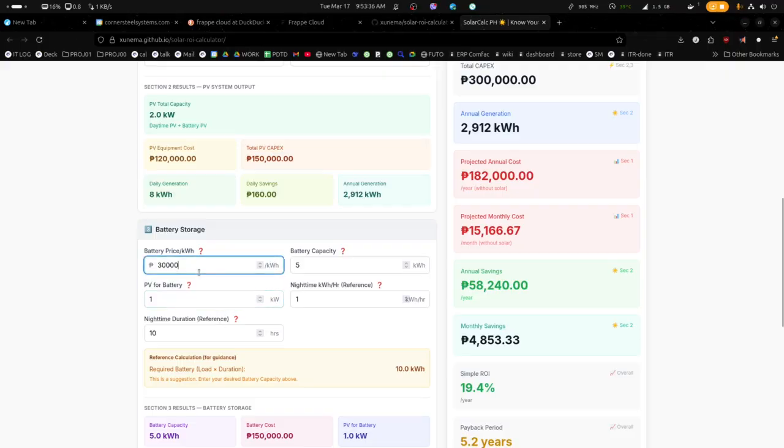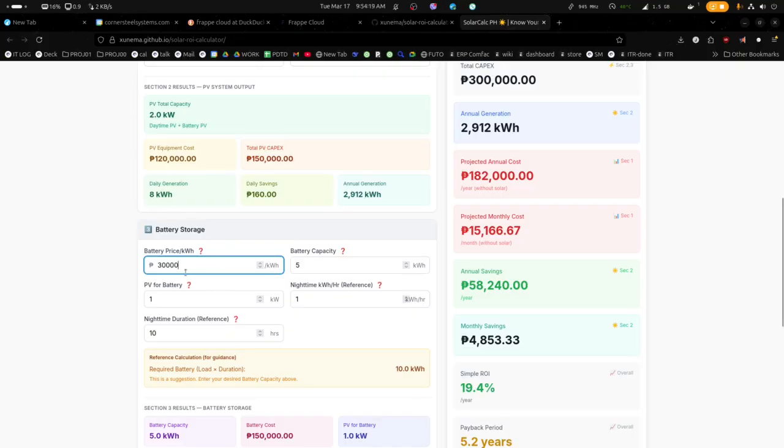Again, the battery price, how much you're paying per battery. If you source it yourself in Lazada and locally, this is most likely the cost you're going to pay. But if you know a good AliExpress or Alibaba seller, and of course what you receive is not a scam, then you will definitely get better than 30,000. Prices now are supposed to be less than 10,000. They should actually be 3,000 right now with sodium ion. But of course, we'll see if that supply ever finds its way to the Philippines.